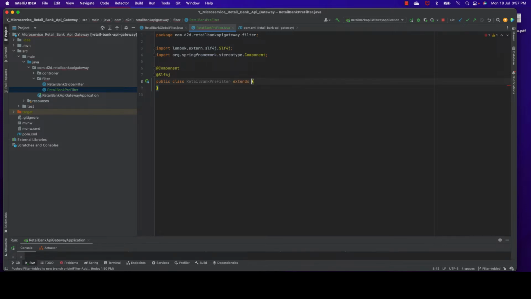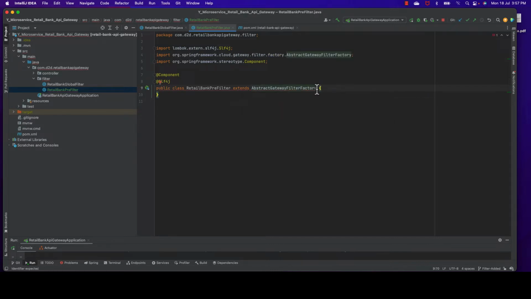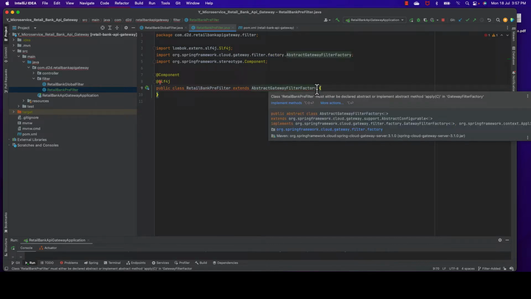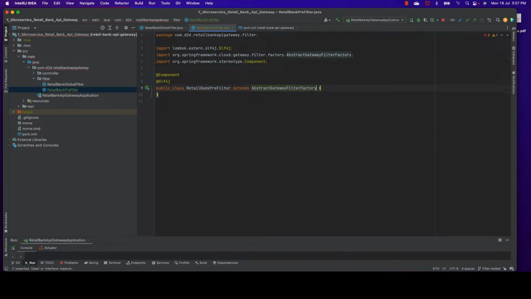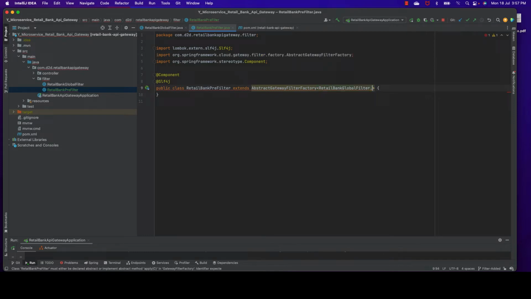In this case, the difference between the global filter and the pre-filter is that the global filter implements the GlobalFilter and Ordered interfaces, but in the pre-filter we are extending AbstractGatewayFilterFactory. Note these things. And here we need to give, sorry, it should not be the retail bank, it should be the